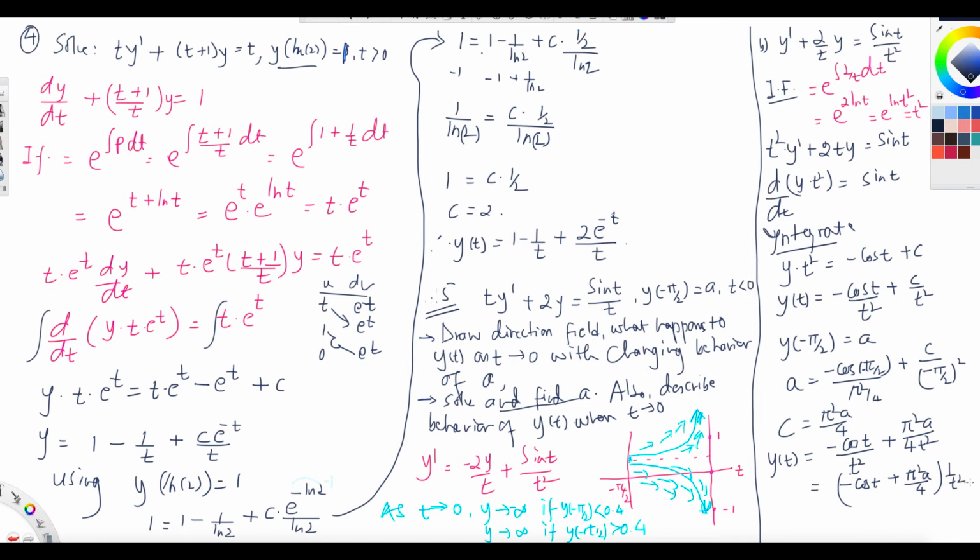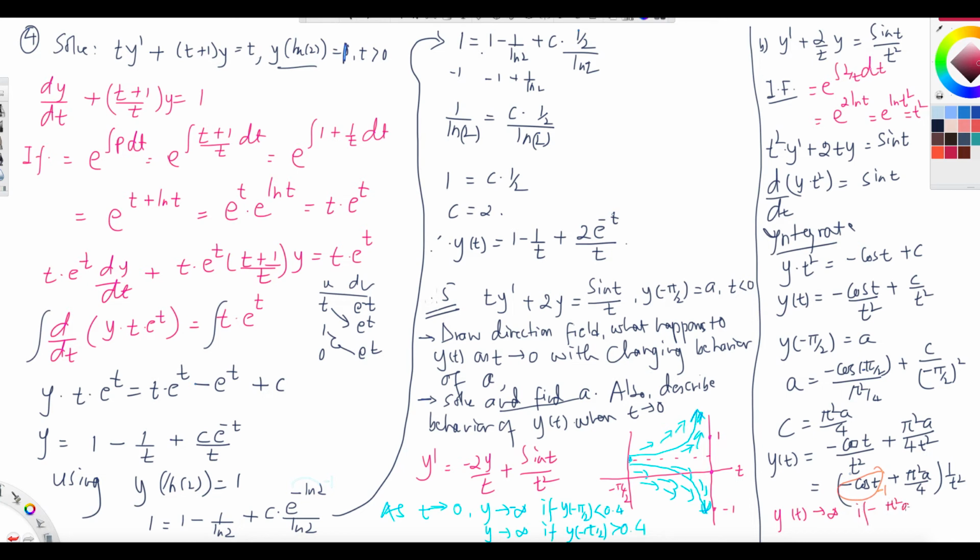You can write like this. Now when t tends to 0, this will be positive, so this goes to positive infinity. If this quantity is less than negative 1, then this goes to negative infinity. So what you can write here is, thus y of t goes to infinity if